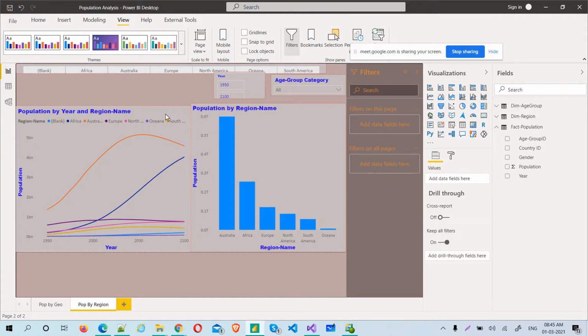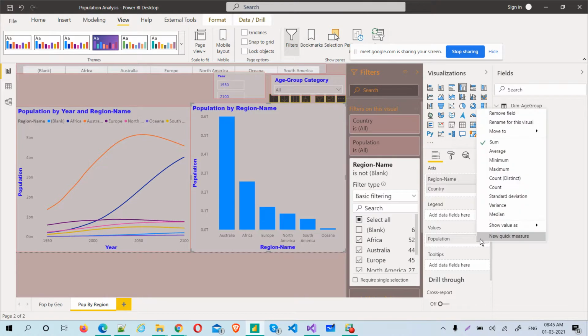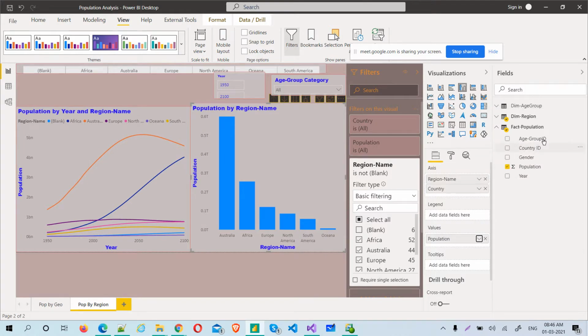Okay, we have a lot, but one beautiful thing is, I think, see, there is one thing I would like to show you. If you select this, the population by default it's a sum, but a lot of things are available. You can do a lot of other summarizations. Actually this is not best practice. What to do if you want the sum of the population? Create the measure. We create the measure total population is equal to sum of population column. Why? Because you have only one numeric value here in your table, but in real time you will have a lot.